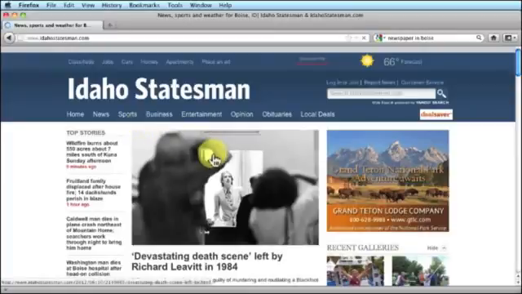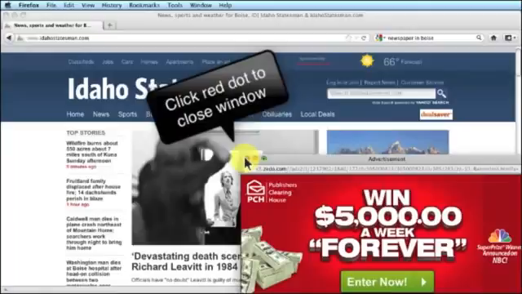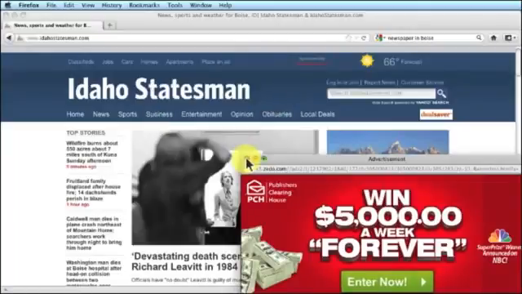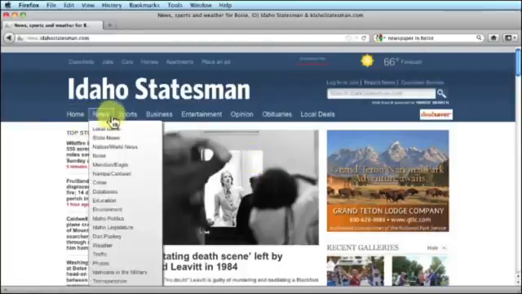Statesman uses a similar type of advertising, although they don't have a banner on this particular ad. Banner would be an ad along the top. There is this called a pop-up ad that came up actually underneath my browser window, but I'm going to just close that. And you can see it looks a little different, but it also has a menu along the top